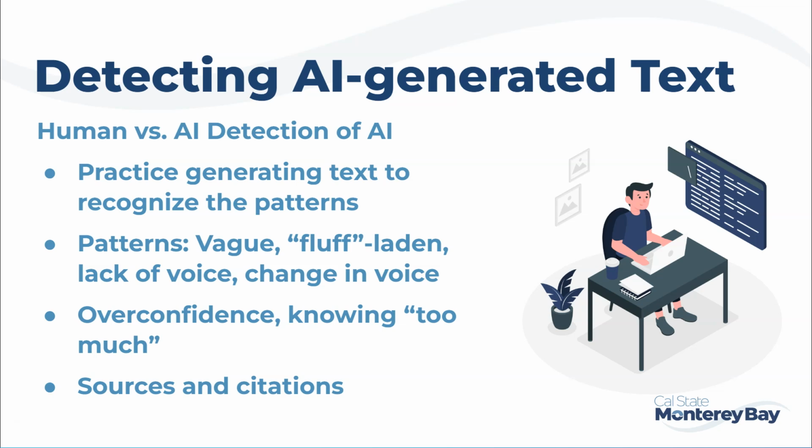When it comes to detecting AI in learner-written assessments, it may be valuable to be able to compare the submission in question with another submission that you are certain the learner wrote, like an in-class writing assignment. Another red flag to pay attention to is if you notice that the writing voice very suddenly changes midway through the written assessment. That may be an indicator that one or more of the paragraphs were copied and pasted from an AI tool. Other clues include overconfidence in the tone or suspiciously astute observations.